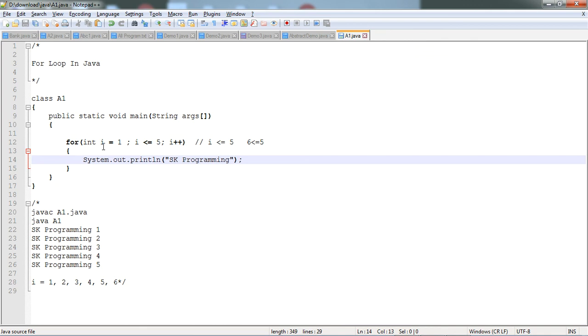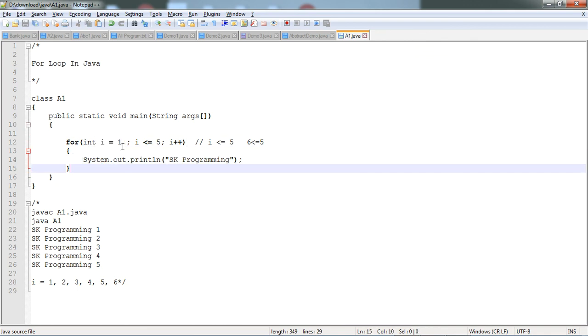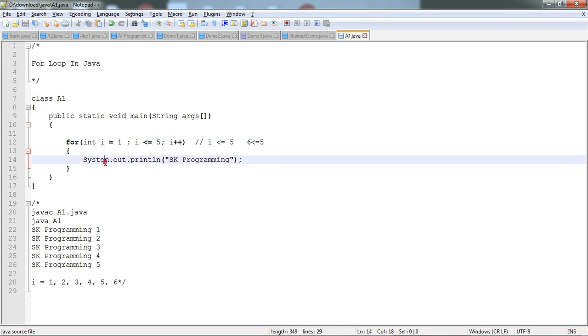Here I have some idea about initialization. In a for loop, initialization is done only once, because the cursor goes here only once. Whenever the for loop is found by the compiler, the initialization is done only once. The second time the cursor is not going here. Okay, only these two statements are useful after initialization. So this is our basic concept of the for loop.